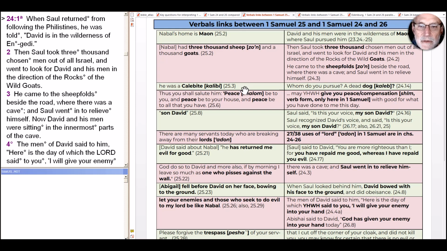And as Edinburgh notes, and others have noted, the form here, Kalebi, is not really the form for an ethnic element, so it's much more likely that it's meant to be a way of talking about him, that he's a dog, or he's, as some have said, from the tribe of dogs. And that's telling us something almost right away here, because I didn't mention it yet, but the word Nabal means